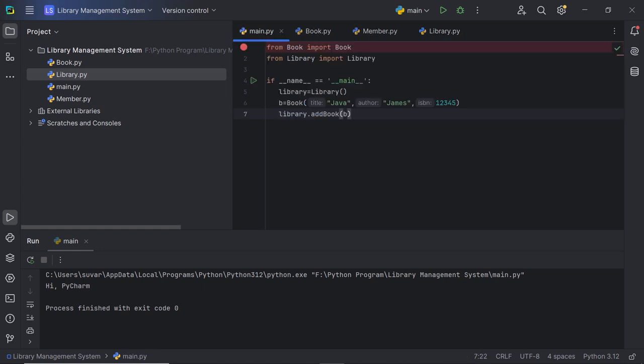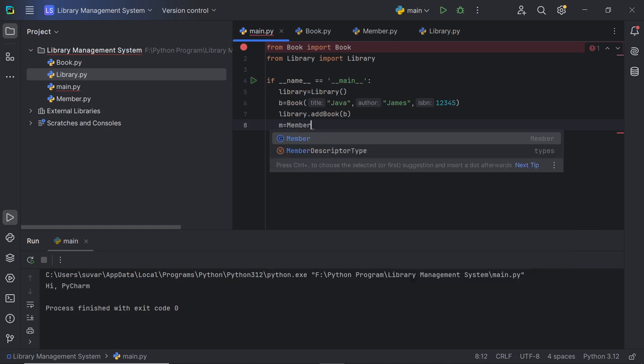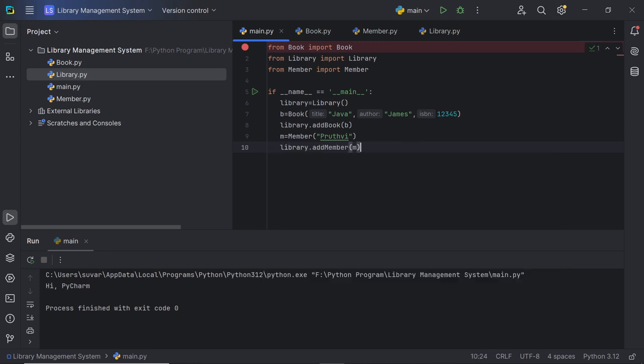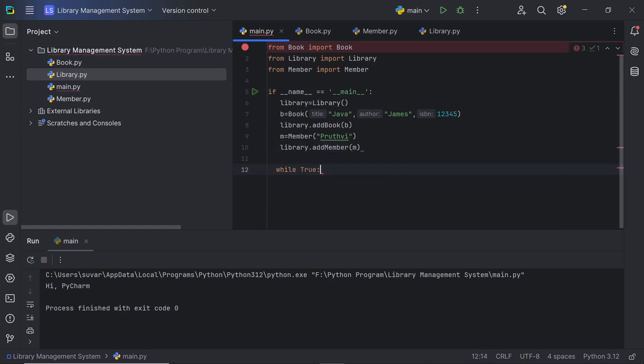Okay, similarly we also have to create a member. So using Member, firstly we have to create, so import Member and pass only the member name here. Okay, and add this member using library add member. Okay, so firstly we covered this in the library. In our library we added books and a member, and to display, I use while true